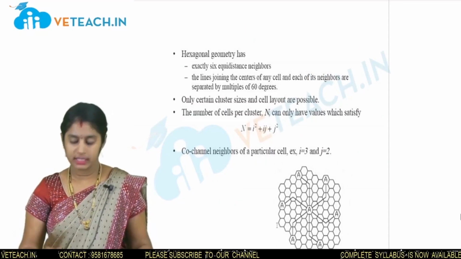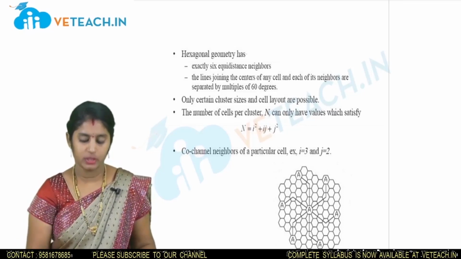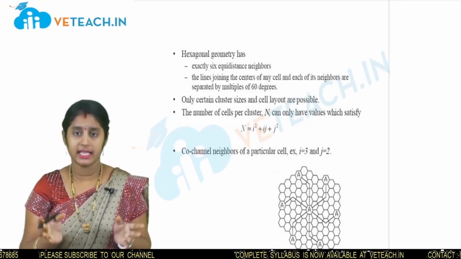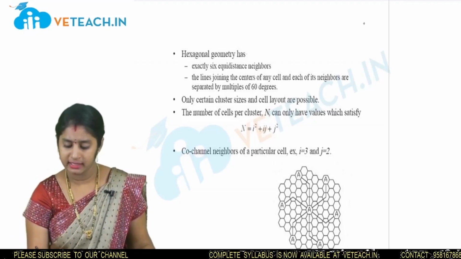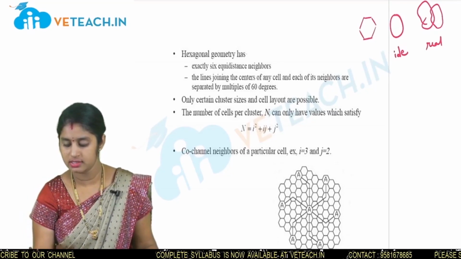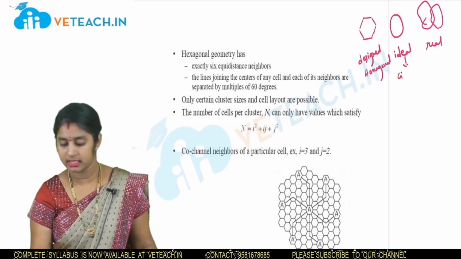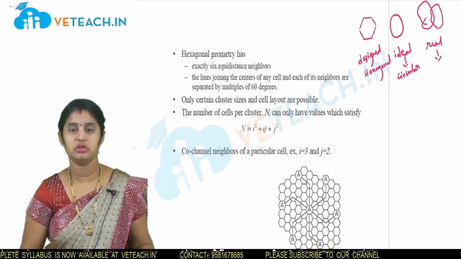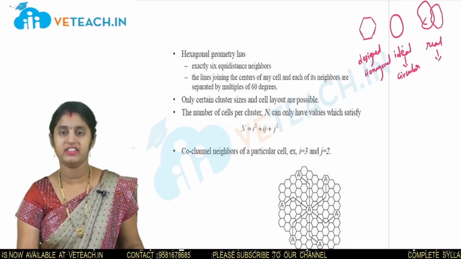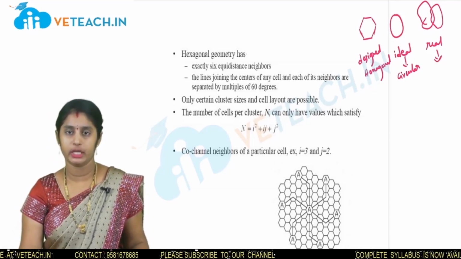And next we are moving to the next point, that is hexagonal geometry. What is hexagonal geometry? As we discussed in earlier classes, the geographical area we have designed is of three types: one is the ideal model, the real-time model, and the designed model. So this is a hexagonal shape, which is the designed model, and the ideal one is a circular shape, and the real one has no shape. Ideally we plan for circular cells, and currently in real time we are using unshaped cells.